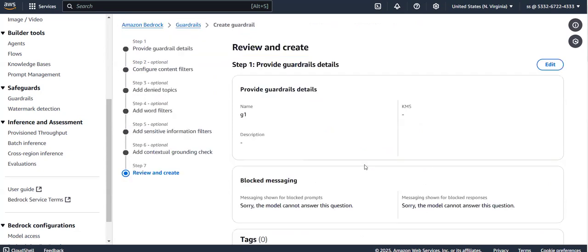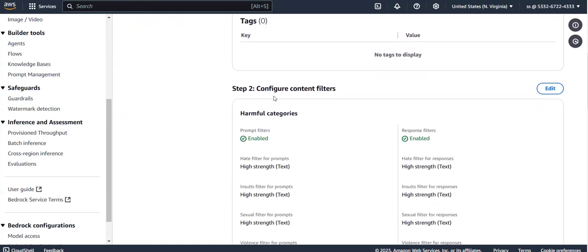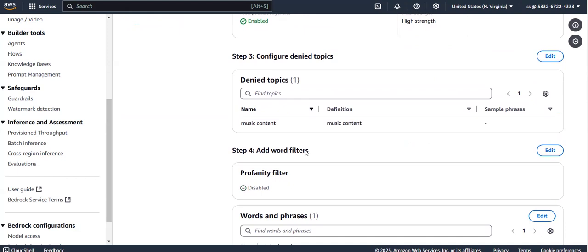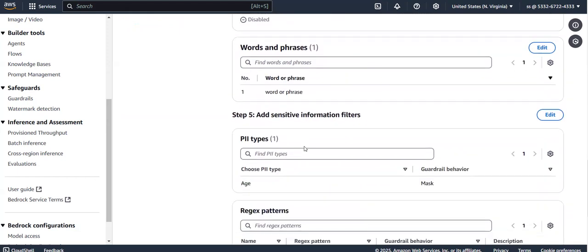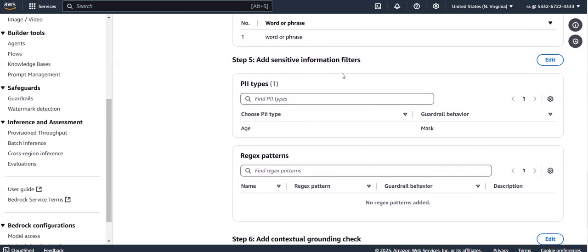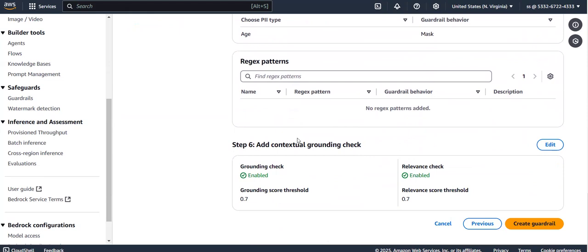Like this, you can set your own rules for blocking some messages, or configuring content filters, or you can also configure the denied topics and add word filters also. And you can also add sensitive information filters, like personally identifiable information related filters. You can add grounding checking and relevance checking as well. So like this, you can add filters and create this guardrail,